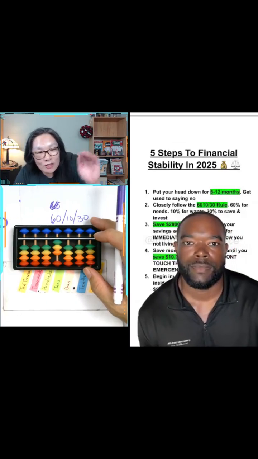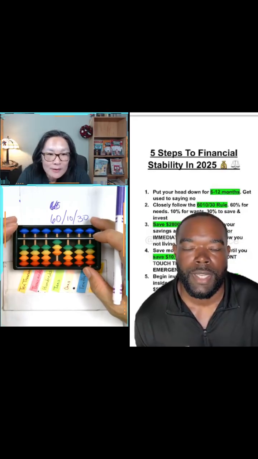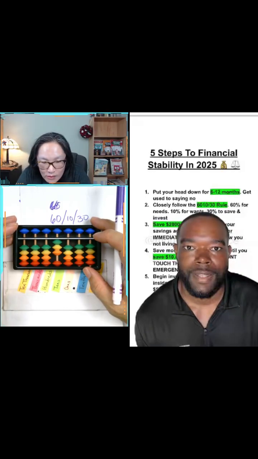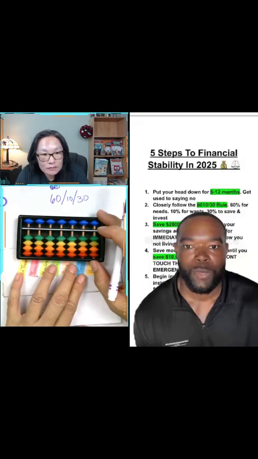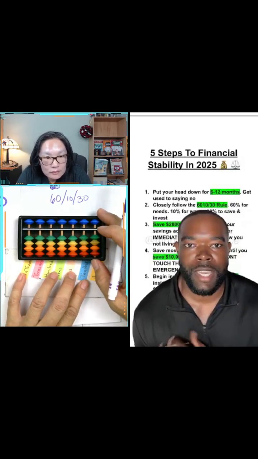If it's okay, I can interrupt you on the second point or the third point. Yeah, for sure. So to piggyback off of that point with the abacus, one of the things that I teach